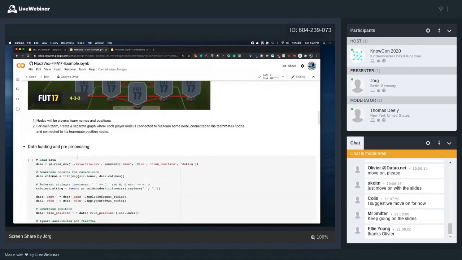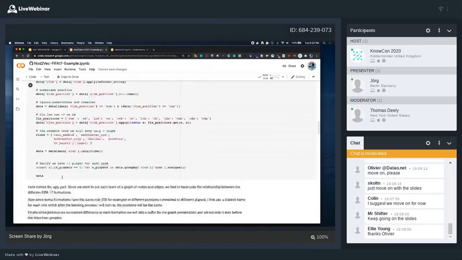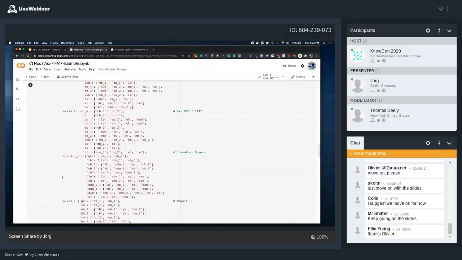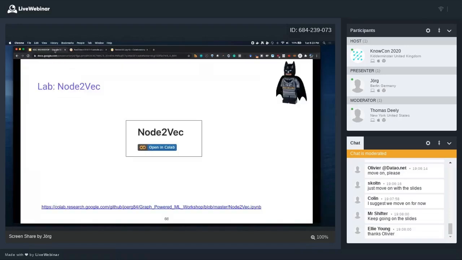The other thing, which is a bit annoying but also serves real-world use cases, is that you have to do a lot of pre-processing here. It's explained here, but this is unfortunately what often ends up happening with real-life data sets. You have to do a lot of pre-processing. Okay, so this is about node embeddings. Maybe just to recap, it's basically a method of representing nodes, which we can then compare to see which nodes are similar to each other, or also put them